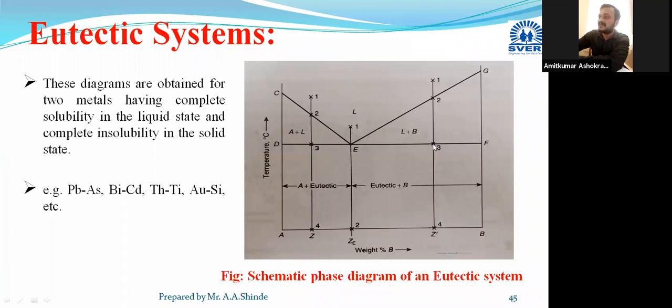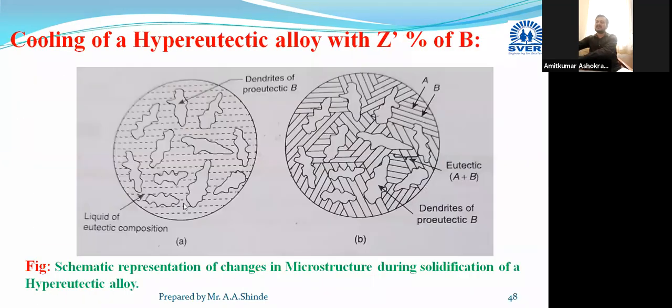And when the temperature reaches point 3, exactly at point 3, eutectic transformation occurs, and whatever amount of liquid is there gets transformed into a mixture of two different solids. This liquid will get converted into the eutectic mixture of element A and B at point 3, and below point 3 to 4, it will consist of this proeutectic B and this eutectic mixture of element A and B. And its microstructure will be like this. This is in the region 3 to 4,